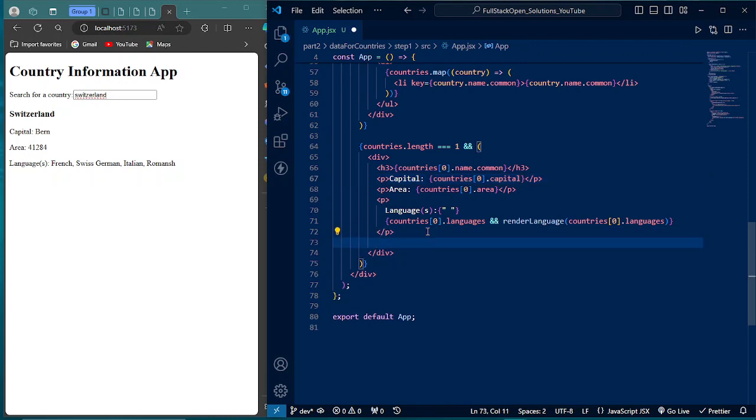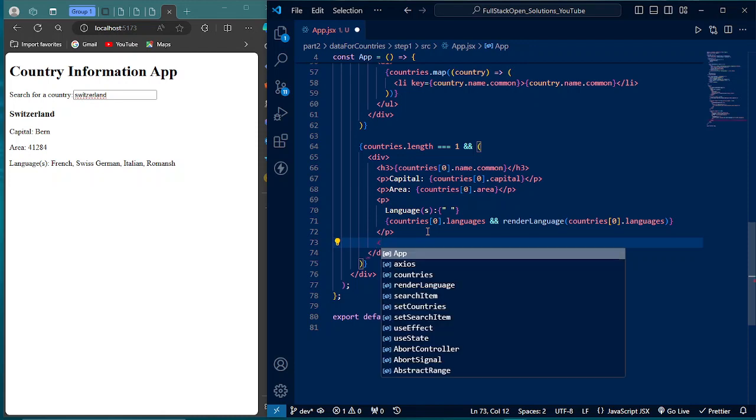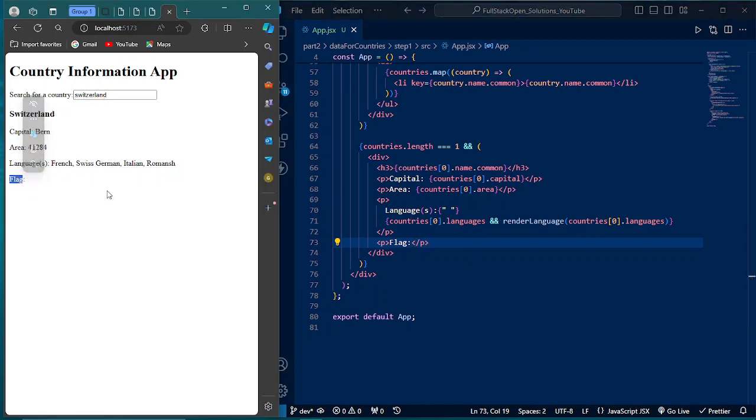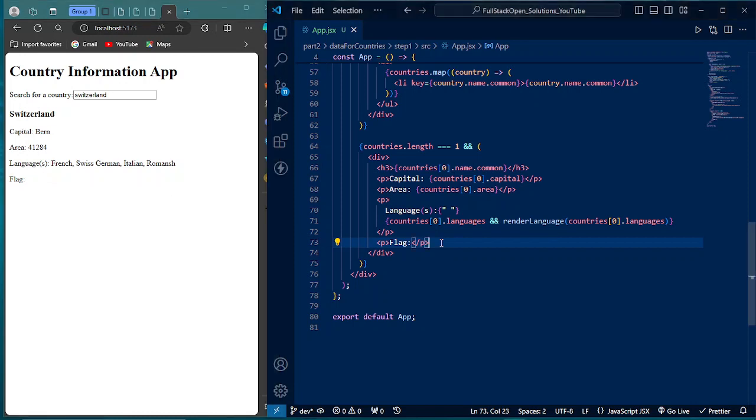So here, let's create another tag. We can use a p tag, I believe. So let's just do something like this. Inside this p tag, let's just say flag. So we are placing flag here inside the p tag, which we can see is reflected here. So after that, we want to properly make sure that the flag itself, the image, is displayed on the browser. So coming to the next line,